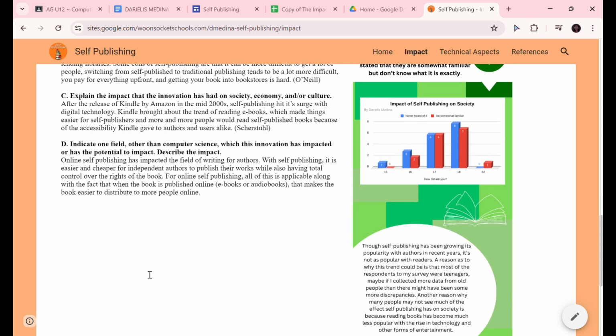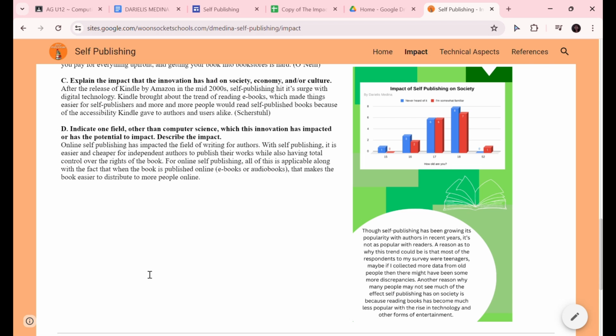D. Indicate one field other than computer science which this innovation has impacted or has the potential to impact. Describe the impact. So I feel like another field, despite computer science, that this innovation could impact would be writing for authors. That's mainly where it originated from, because before self-publishing even reached digital technology, it was mainly used through printing presses back during the Renaissance and the early era. So it would affect writing and authors the most,